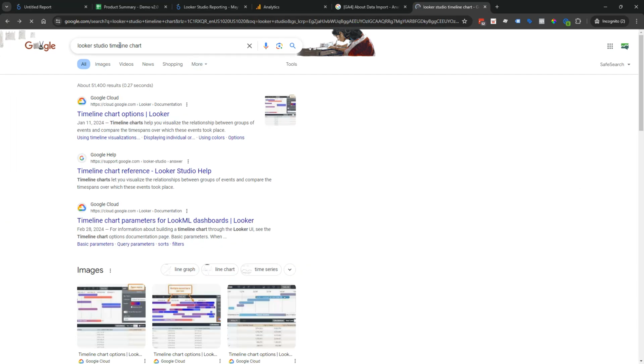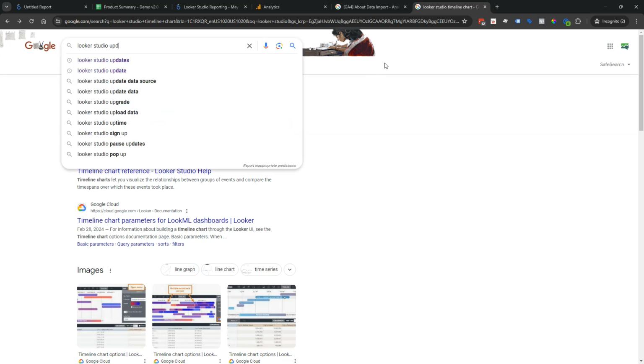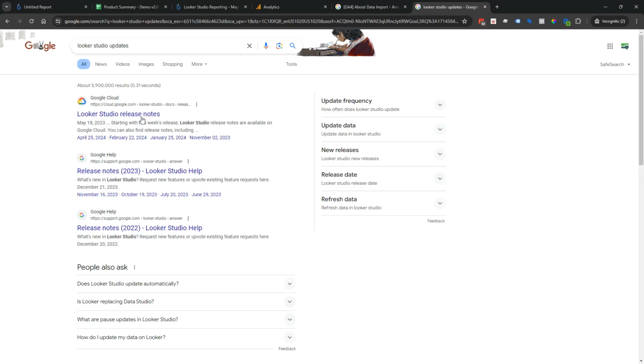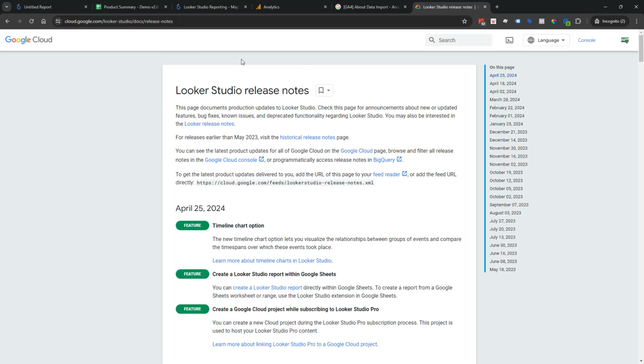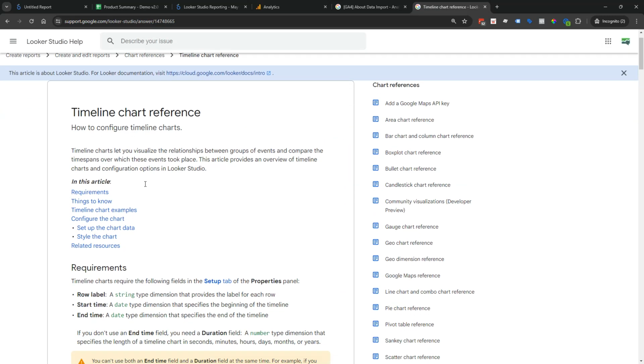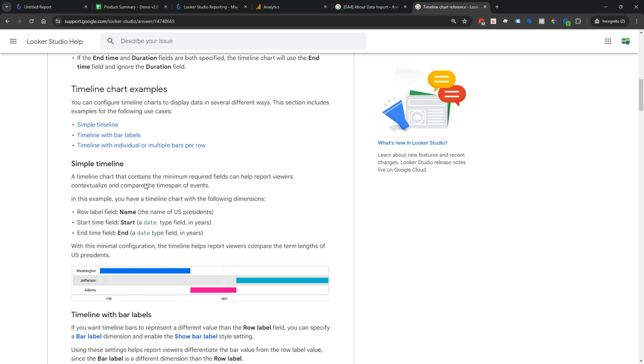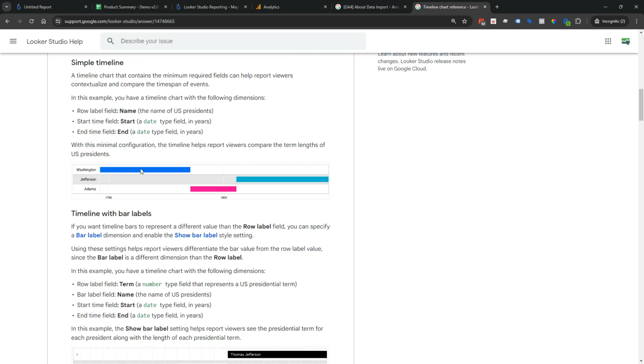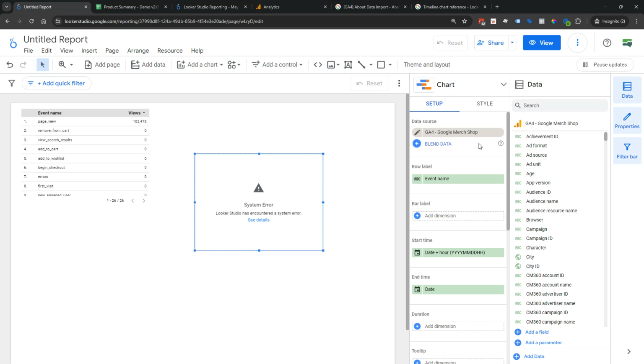And I'm actually then going to look up the updates so you can know how we do this. And we see this here, and we could come into it, it says learn more about the timeline charts. And we can scroll down. You can read all of that fun stuff if you want to, but here you go. You can see another example of what it has here. So as you just saw, this probably isn't going to be great with Google Analytics data,